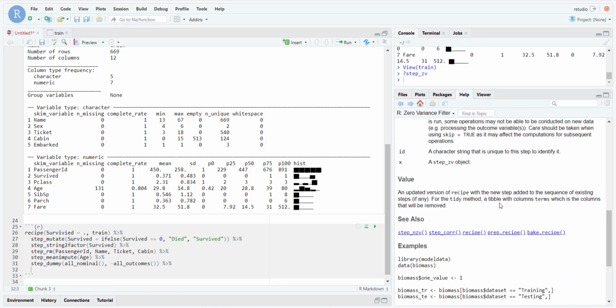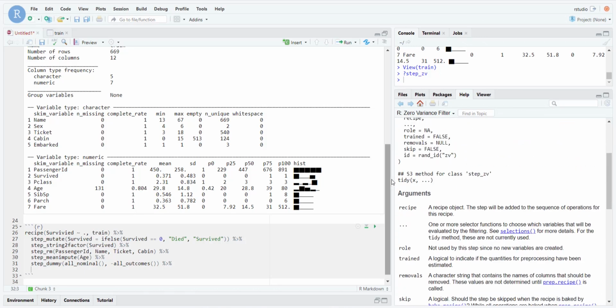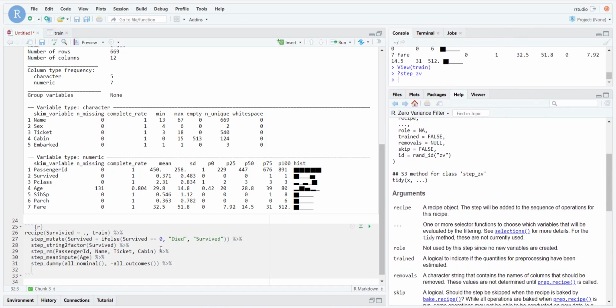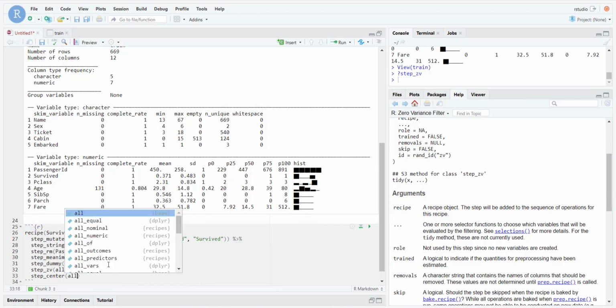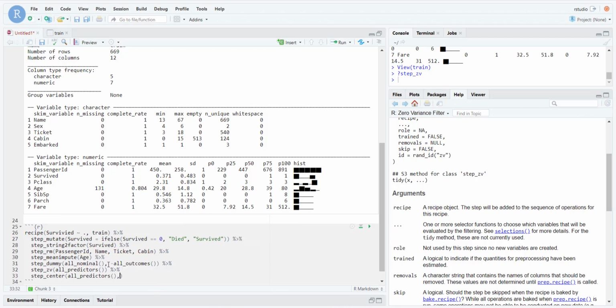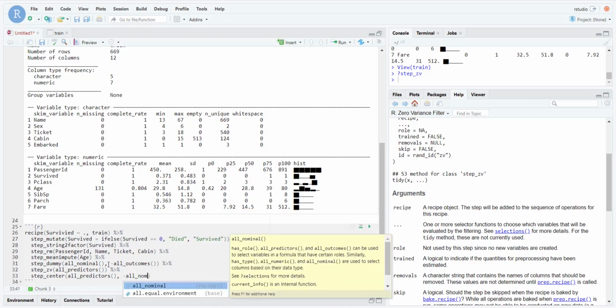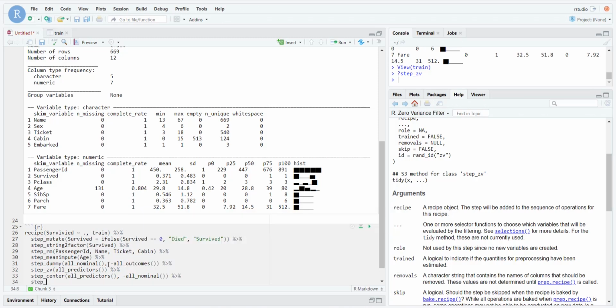Okay, so steps like this, you'll start getting an intuition for what's needed and what's useful where and that kind of stuff. But in our case, you can just trust me that we're going to, for all the predictors, apply the ZV step, and then we want to center all the predictors, because now they're all numeric variables, so we want to center them around 0. So basically we're standardizing and normalizing,